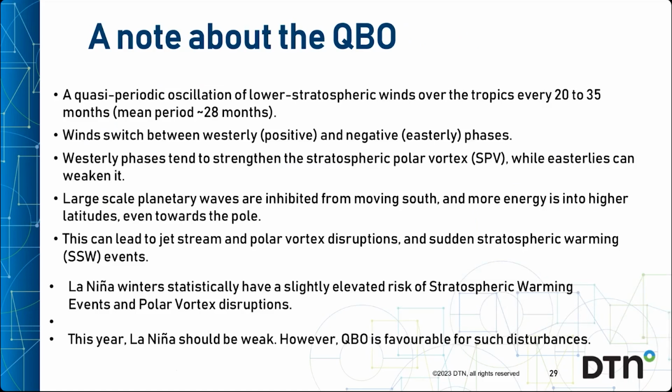Given that it may play a role this winter, or possibly already is, it's worth looking at the QBO. Unlike the strongly positive or westerly QBO state last winter, we've got an increasingly negative or easterly phase this year. Now, when the QBO is in its positive phase, then it tends to encourage a strong polar vortex, but it can have a weakening effect when it's in the easterly phase. And this year's QBO is quite strongly negative or easterly, so that's favorable for that sort of occurrence.